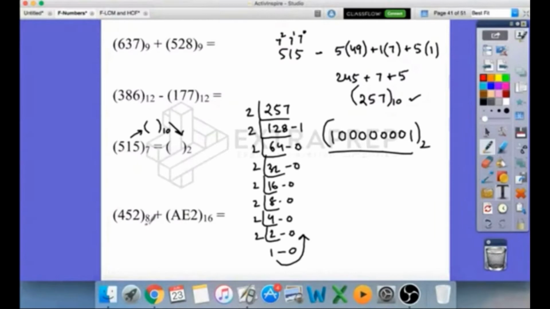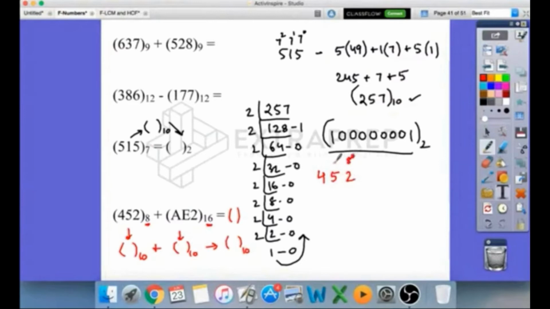See, in the next question, it's base 8 and base 16. And I did not give you options, we do not know which base the question is asked. Let's just convert this into decimal and this into decimal, add them up, and we leave the answer in decimal. Even if they ask us the answer in base 8 or base 16, you know how to convert decimal to base 8 or base 16. That's easy, right? So for practice, we'll convert this into base 10 and base 10 and we'll add them up and leave it in decimal itself. Okay. 452 base 8.